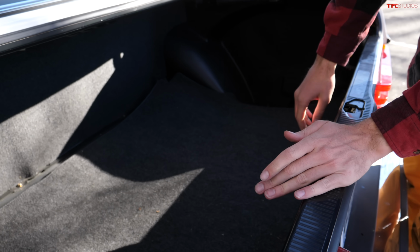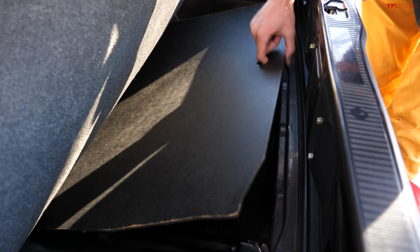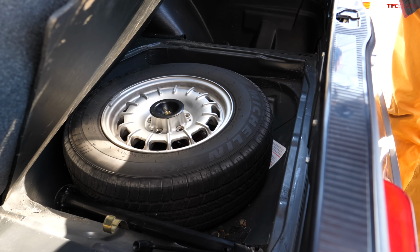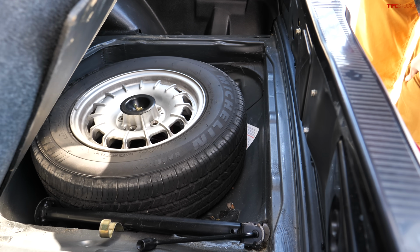Now, a couple of interesting things. Underneath this mat, you'll find a cardboard tray. Underneath the cardboard tray, look at that. Full-size spare tire. Mercedes intended you to fix a flat if you got it on the side of the road,